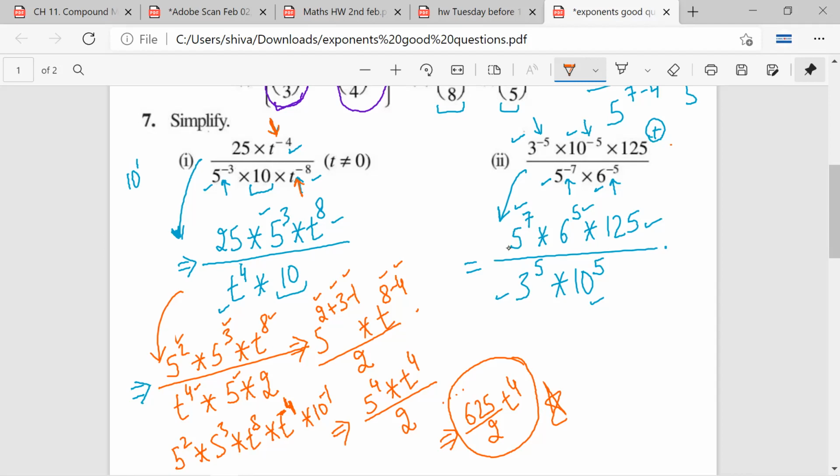Because frankly, in a question like this, first I have to break the 10 into 2 and 5, break the 6 into 2 and 3, and along with that there is also a negative power outside. I can't deal with whole of this mess. Aishwarya ji, do you agree or not? Yeah. So I'll rather apply simple rule of exponent. I'll change the numerator to denominator, denominator to numerator. Once I have cleaned the number, there is no negative sign, then I will start my process. Sanuji, have you understood?